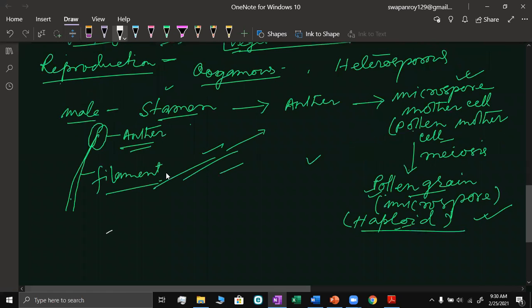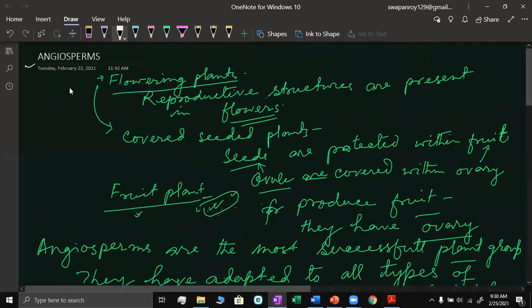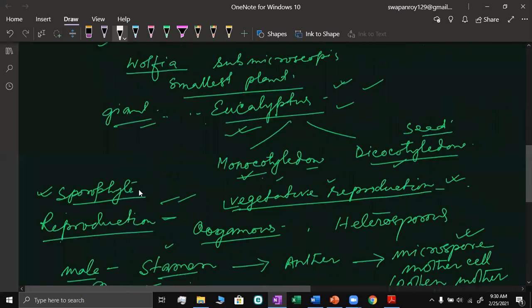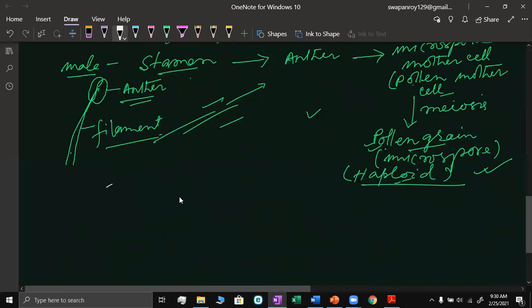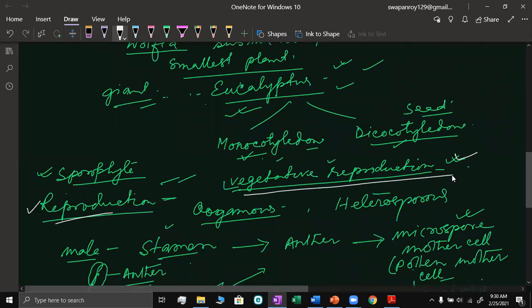Continue the angiosperm. That one we started in the previous class, and it was very much incomplete. So we have learned that in the angiosperm, reproduction is mainly sexual, but they also reproduce by vegetative means. Vegetative means is there, and sexual reproduction is